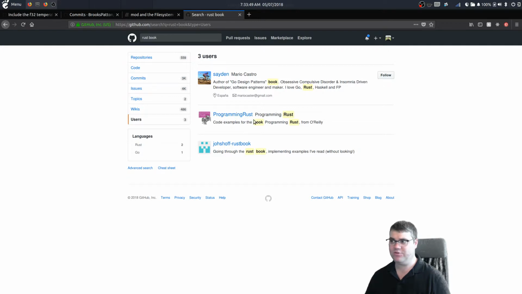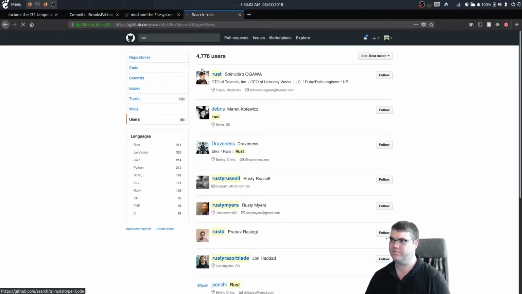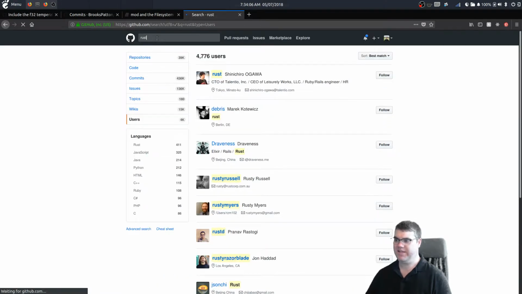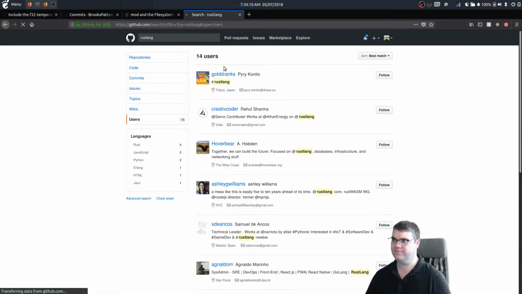Code examples from the book Programming Rust from O'Reilly. That's not the same. Okay, so maybe I'll just say Rust. Oh, there's too many people. Rust lang. Ah, still too many people. Let's go to the actual